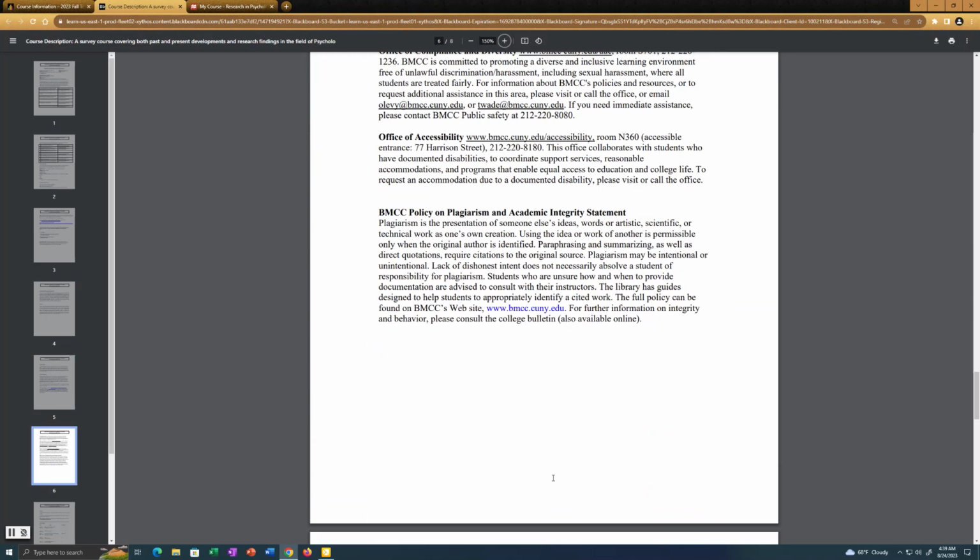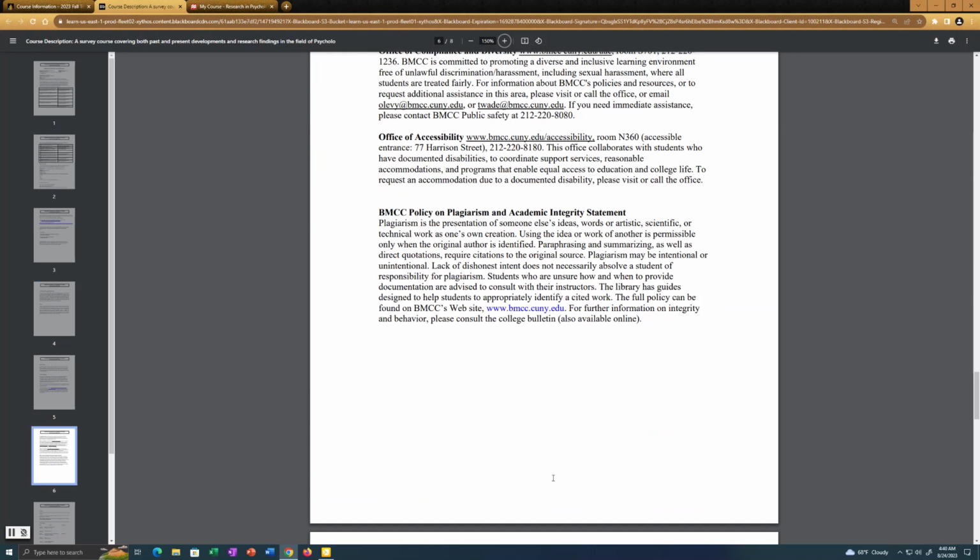In terms of plagiarism, I do not accept plagiarism. I use Turnitin to scan your papers for plagiarism. I use other online sites to check your papers for artificial intelligence. I do not want your paper written by some artificial intelligence program. I have access to all those programs. I know that they can write your paper for you.